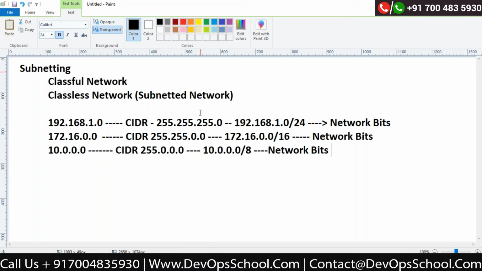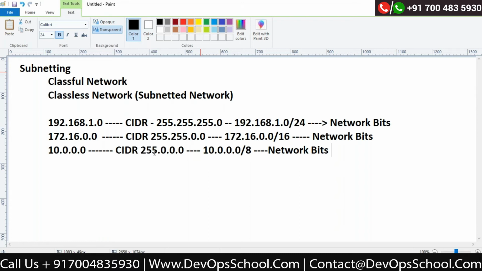I also told you that if you take your subnet mask, you know the mechanism of the subnet mask, because classes are a theoretical thing. How do I make sure how many bits are masked for the network and how many bits are for the host? If I would like to tell this to my computer, I should have some mechanism implemented, and that mechanism is nothing but my subnet mask. The subnet mask helps my computer understand how many bits are masked for the network and how many are assigned for the host.